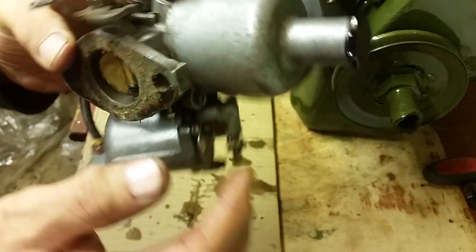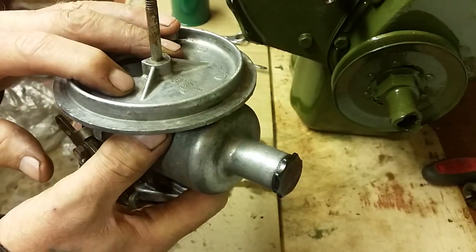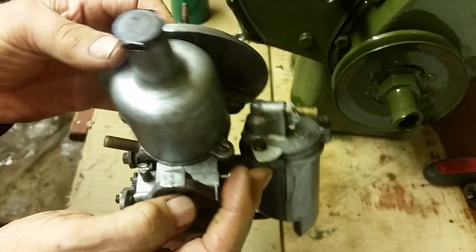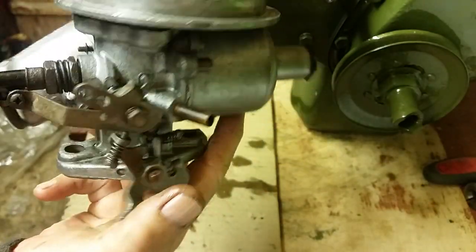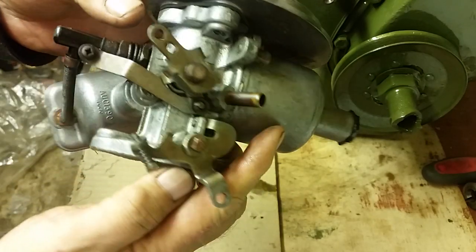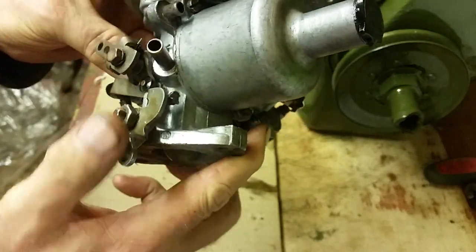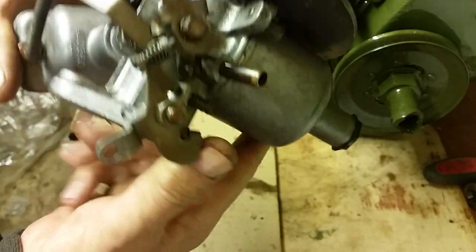Now you can assume that if your car was running when you took it off the road, there was nothing wrong with the carburetor, because it's very, very seldom that anything ever goes wrong with these. It's like the A-series engine in general. They're very well made and there's nothing much to go wrong with them, and they're very, very basic and simple to use. So for our budget build, what I want you to do is not tamper with this part of